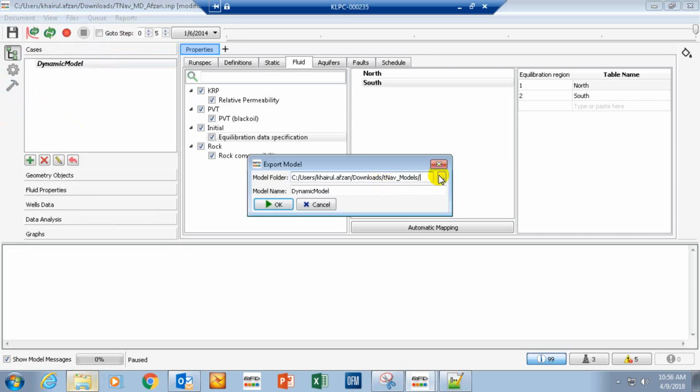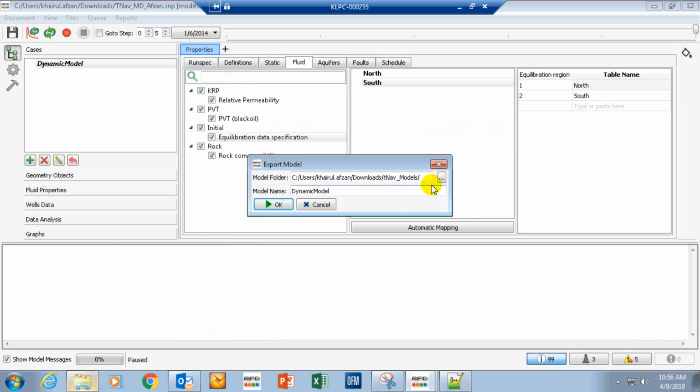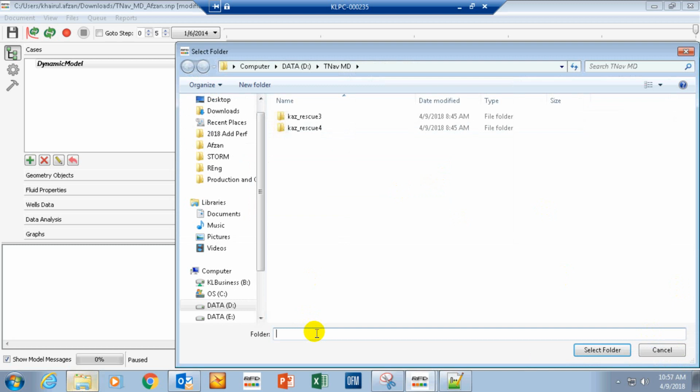Okay, wait, I want to save it somewhere else. Okay, just call any name you want. And press. The export time depends on the size of the model. This kind of model takes 1 second. Even with a larger model, it probably won't take more than 1 minute. So okay, once you export it,